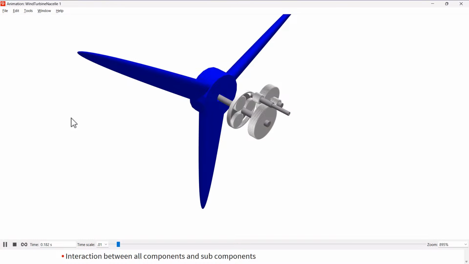So let's look at the animation of this holistic system. In the animation, we have the opportunity to watch the rotation of each gear inside the gearbox. To keep our focus clear, I just left out the tower. And as we observe here, the gears transition the slow turning of the blades